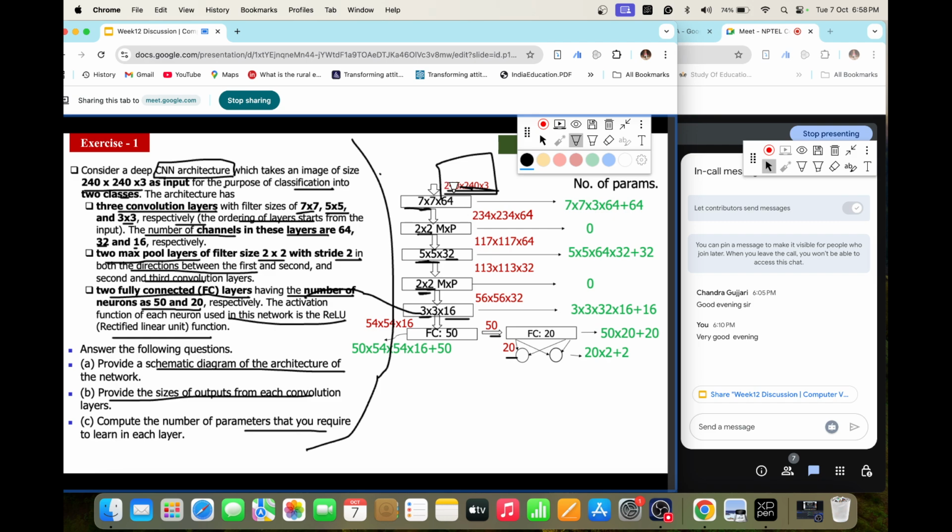Like 240 minus 7 and plus 1, you have to add it. Actually the formula is (W minus F plus 2P) divided by S, plus 1. So S, whenever we are talking about convolution layer, there is no stride, or stride is 1 only. So that is why the denominator can cancel. So what will it be? It will be 240